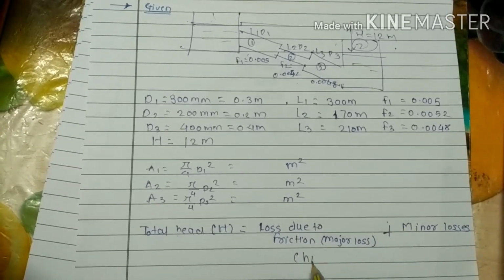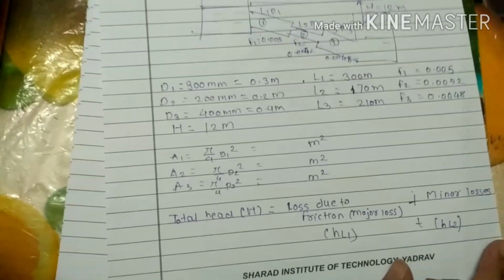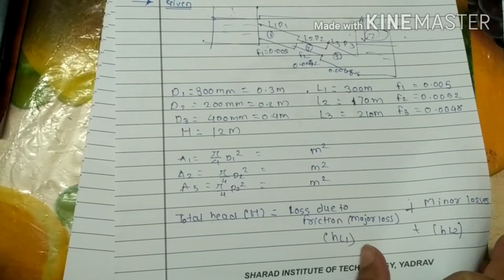Now this is HL1 plus HL2. Remember, don't skip any step, otherwise in this simple numerical, because of a silly mistake, you will